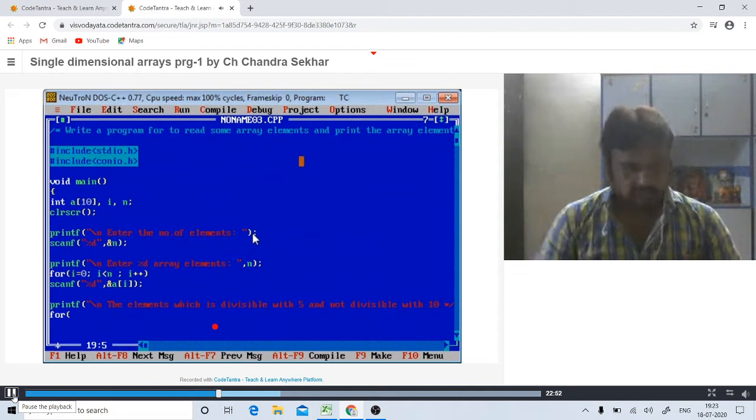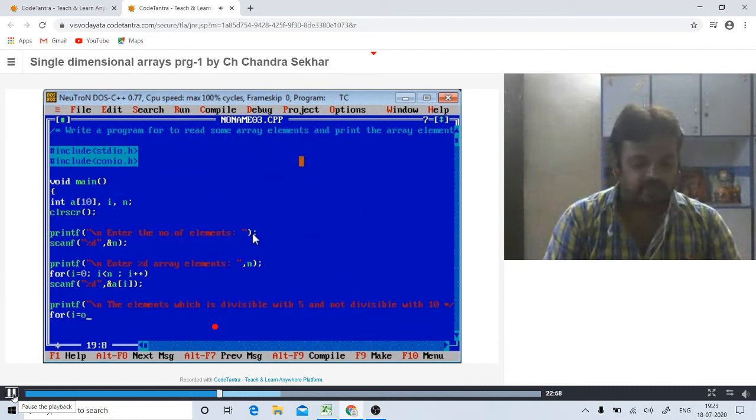For that, I am writing the code like this. For picking elements one by one, I am placing a loop: for i equal to 0, i less than n, i plus plus.